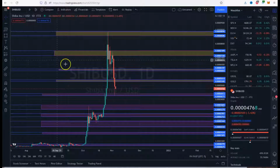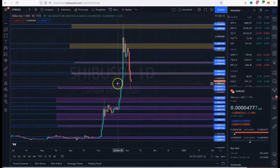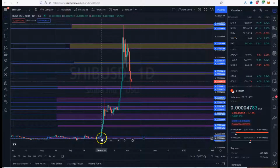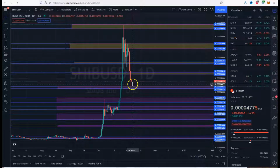Taking a look at Shiba Inu, pretty much the craziest story out there now. So we had this crazy run up. This is a daily chart, as you can see here, that hopefully everybody wished they were on board for, including me. And it's so hard to get out, even if you were long at the opportune time up here. It's almost impossible. But now we've come back down here, so we want to look at some key